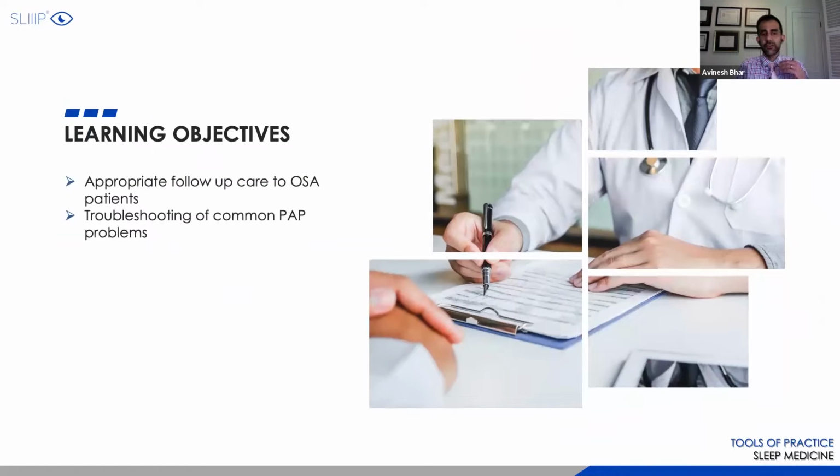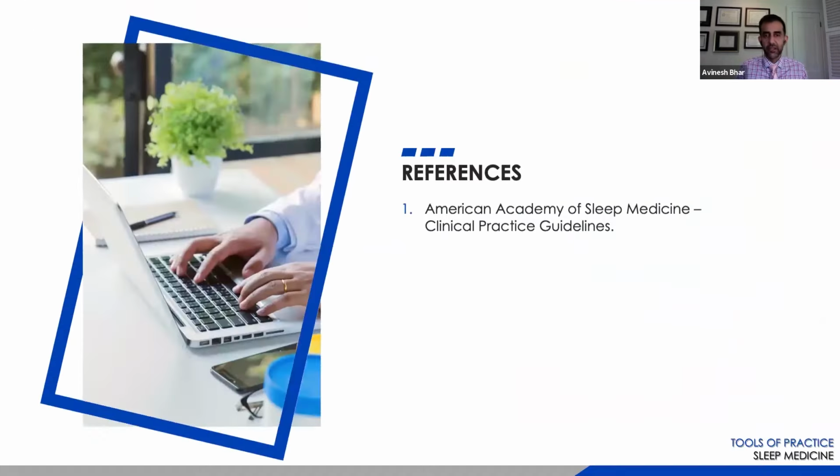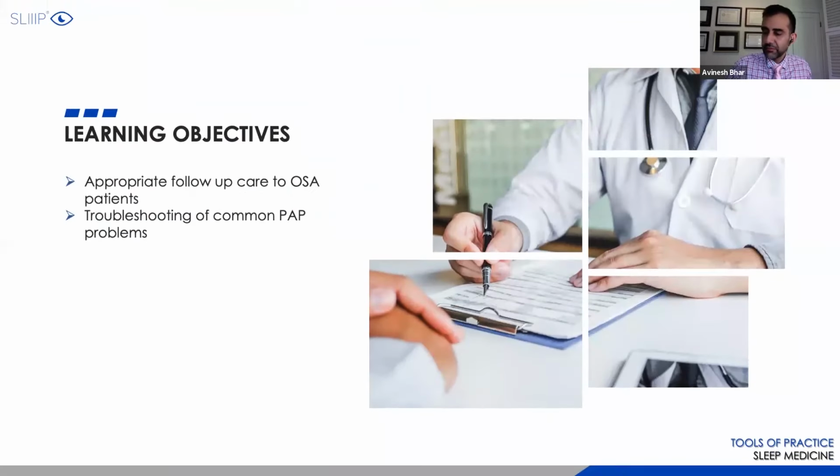All right, so we've spoken about appropriate follow-up care in these patients and how to troubleshoot. We mainly focus on the troubleshooting of PAP, CPAP, or auto CPAP because it's way more prevalent and it's going to be the go-to first-line therapy. All right, so we've come to the end of this talk. As a circle back, we talked about the different treatment options available, the upsides and the downsides. You're generally going to go towards PAP, and you're going to try to optimize PAP the best way you can. So either you work with a good DME company or you have a good sleep doctor around. Feel free to reach out to us if you have any questions.